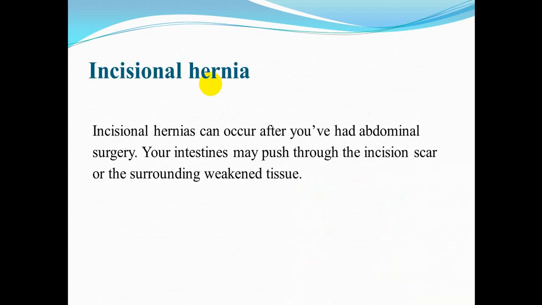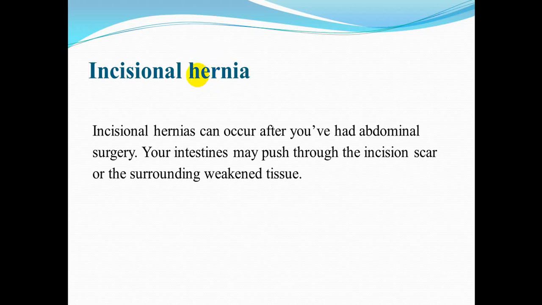Incisional hernia. Incisional hernia can occur after you have had abdominal surgery. Your intestine might push through the incision scar or surrounding weakened tissue. This hernia, from its name, incisional hernia, may occur after surgery, and after surgery there may be a weakness in the abdominal wall, and therefore it will cause a push of part of the intestine, and therefore it will cause a type of hernia